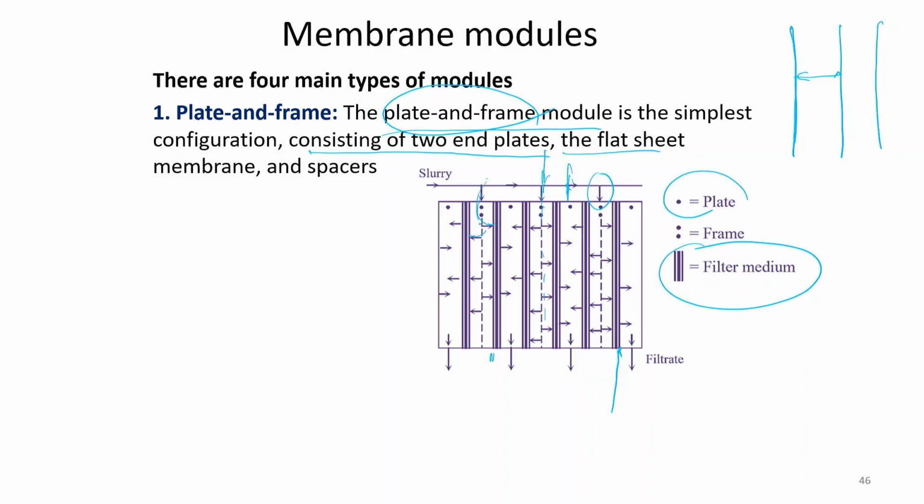So, as the slurry, that is water along with other compounds and particles, enters, then due to the pressure drop it flows through the membrane, and on the other side, this side you can see, I will color it red, this side